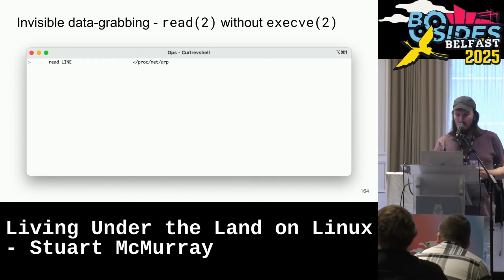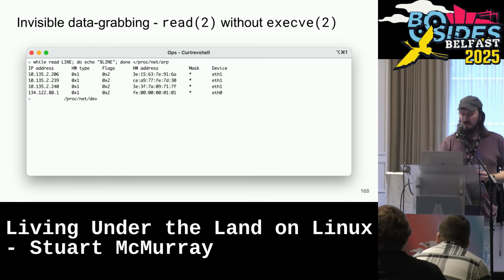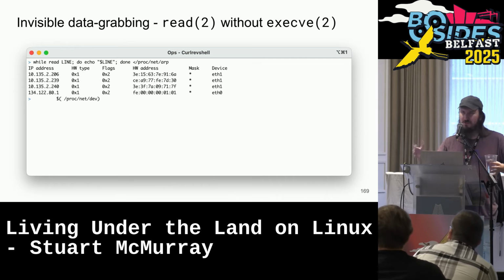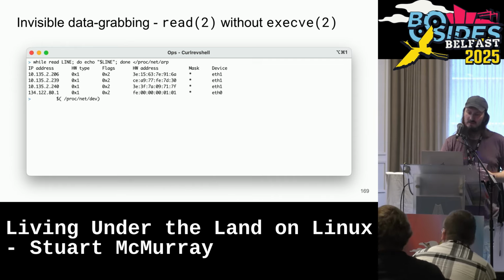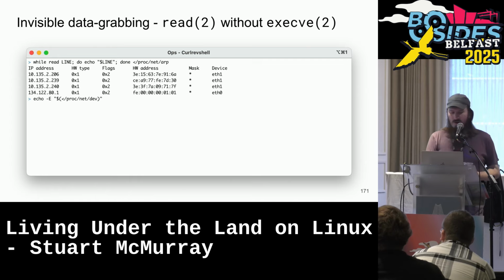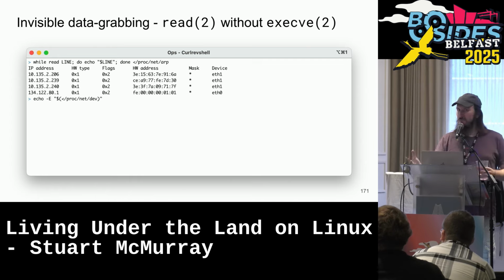We can look at the ARP table, the MAC addresses the box knows about, and we'll use read, and read will just read a line from standard in, or whatever you tell it to. Every time we read a line, we'll echo it, put it in a loop. We see our ARP table, but we can do slightly better. We can look at our network device list, pipe that in. Normally, $( ) is a command, but put a dollar, put a left angle bracket there, it'll slurp a file. And we can echo that out, and that would also nicely read without any sort of fork and exec,